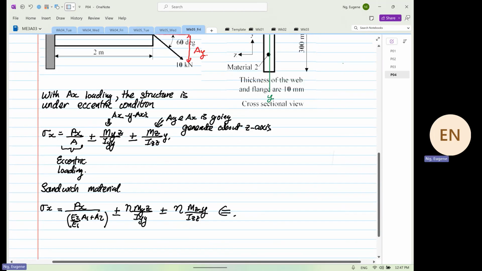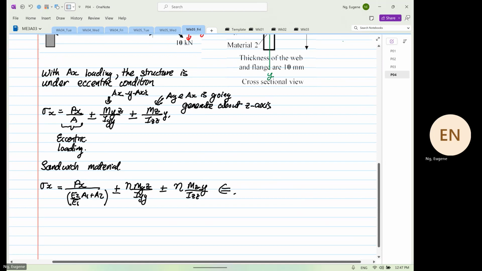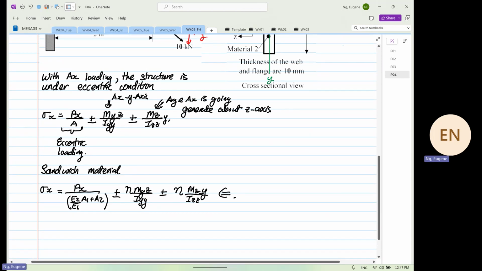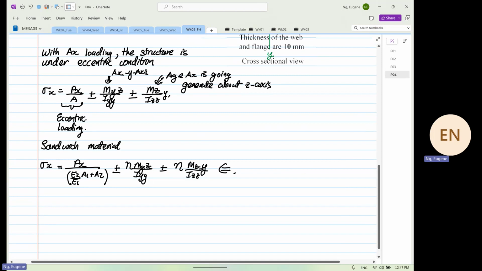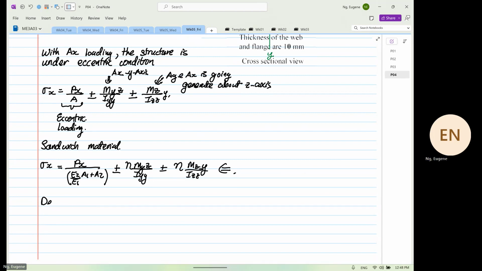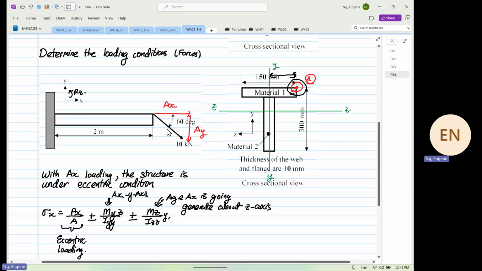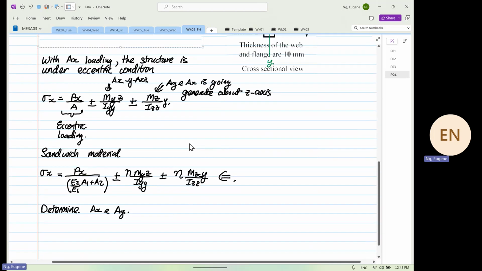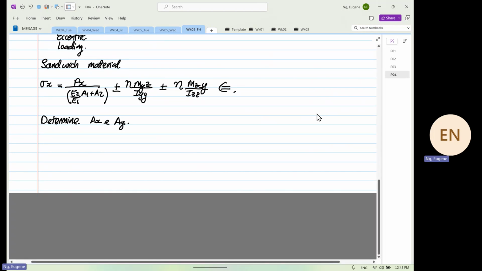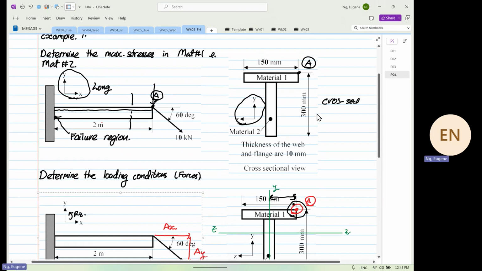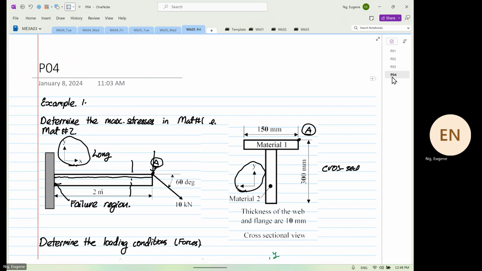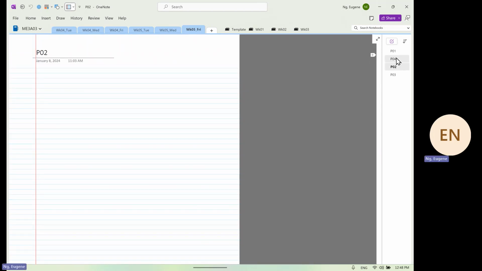Okay. Right. So from here, we know that we have a few components to do now. First of all, we are going to determine our AX and AY. We are going to determine our forces. So I'm going to take this diagram. I'll start on the next page. Why am I on this page now? Sorry, okay, my bad. Okay, so now